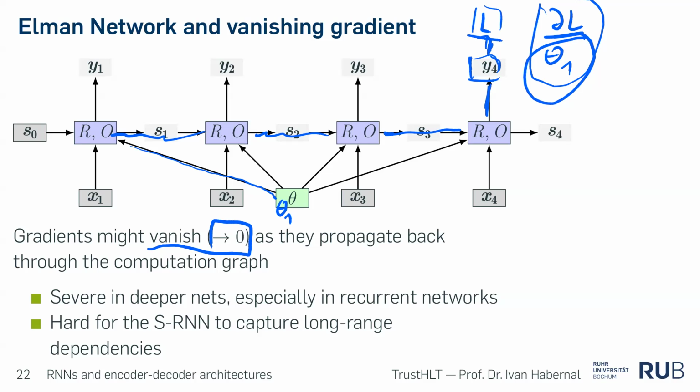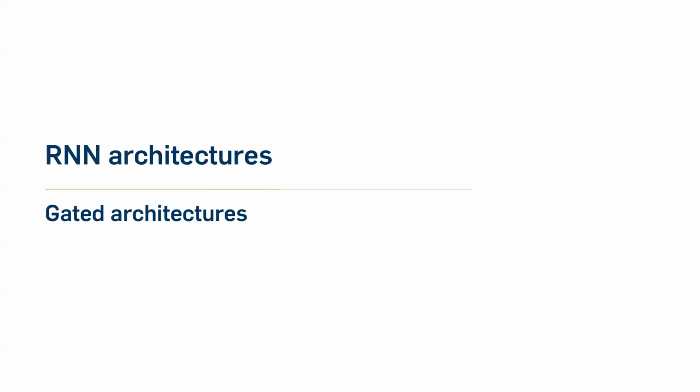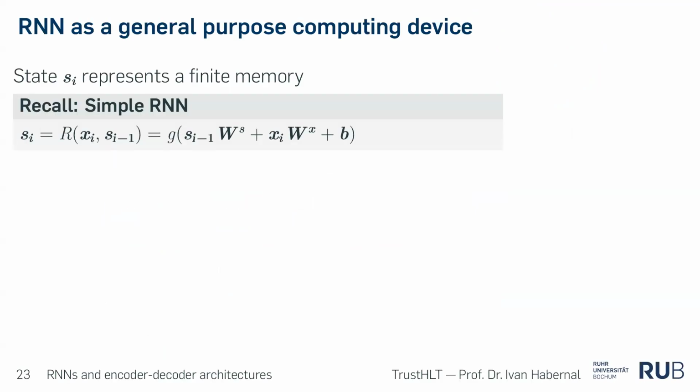Nothing. I mean, it's kind of bad, right? And that's a problem for this standard Elman network. So in deeper nets, and especially in recurrent networks, this is hard to train because of these long-range dependencies. So we need a solution for this. And one solution, which will look super complicated, but is empirically a very strong one, is using gates.